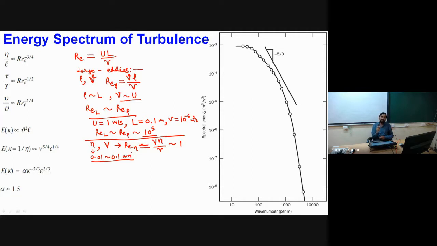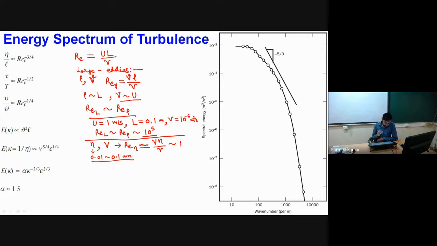That's why the energy content of the smaller eddies will not always remain at high amplitude, because some of the energy will be wasted in overcoming the viscous forces. So the smaller eddies are the ones responsible for dissipation of energy in turbulent flow. If smaller eddies lead to dissipation of energy, obviously this will lead to generation of some heat in the form of internal energy of the fluid. So because of the smaller eddies only, heat generation takes place in our turbulent flow situation.